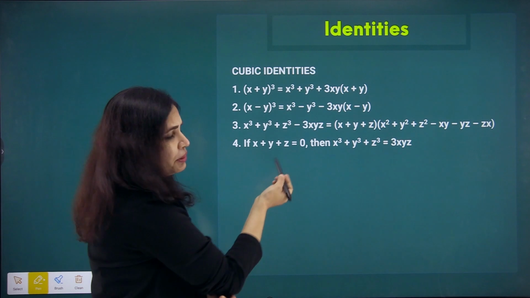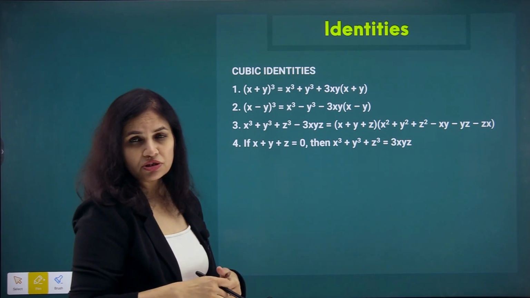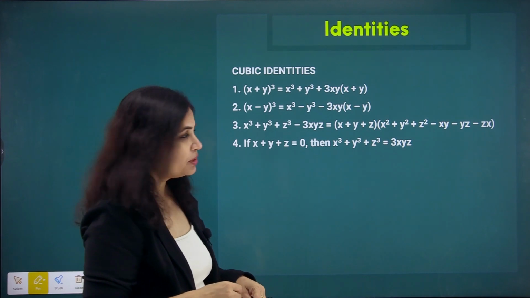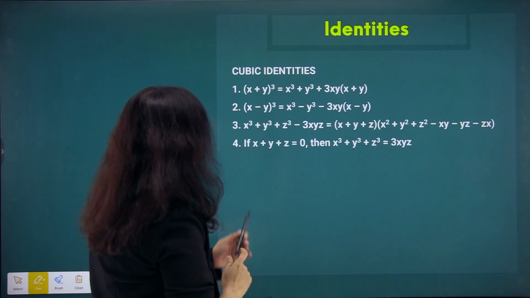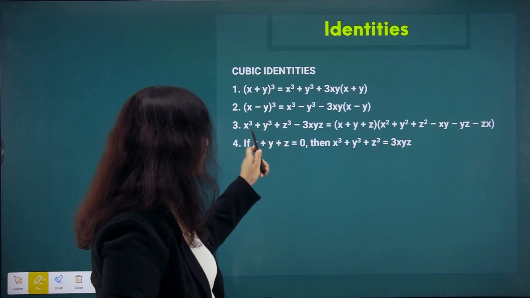For convenience, we bring it this side to simplify our calculation. We have its implication in finding some numerical value. So, this is the third identity. The fourth identity, which is related to the third, states that in this case